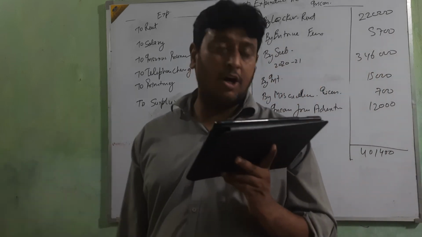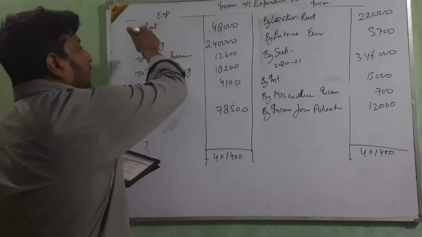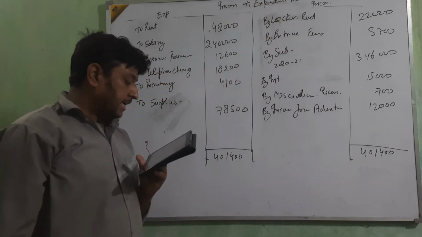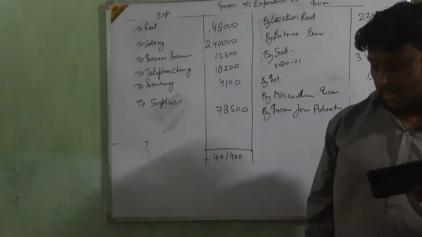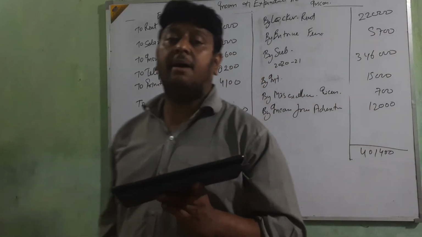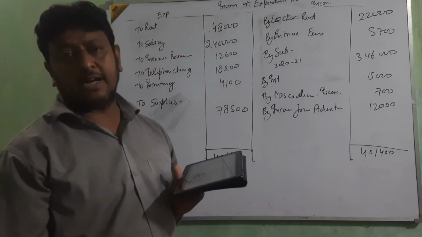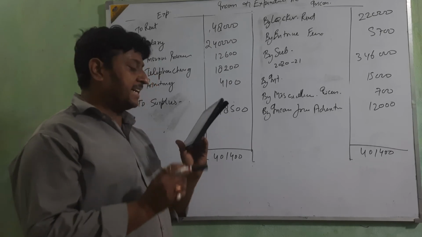Then locker rent, it's a revenue, in the nature of revenue, so we are going to take the locker rent. Then next, entrance fee. In entrance fee, some confusion is there. If any information is given about whether to capitalize or treat as revenue, we follow that. But here no information is given, so we are going to take it as revenue.